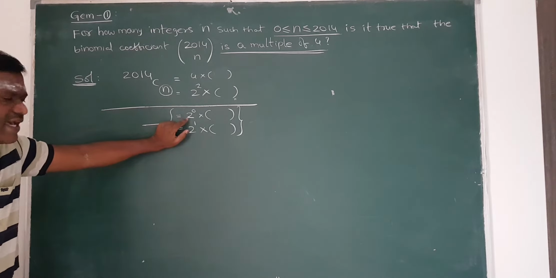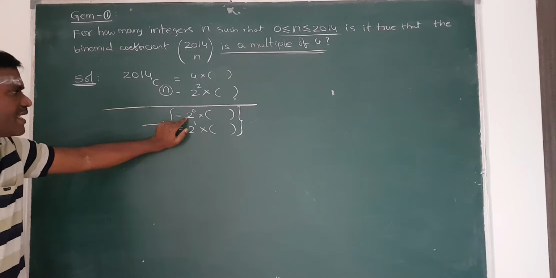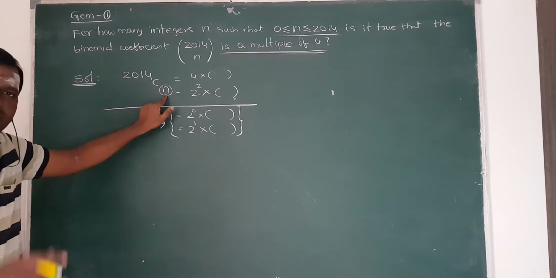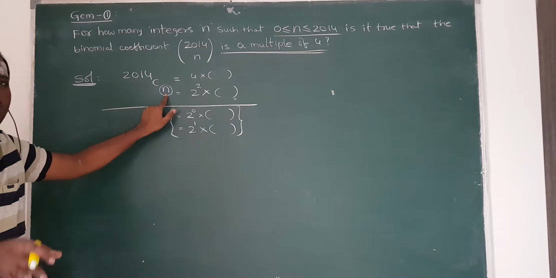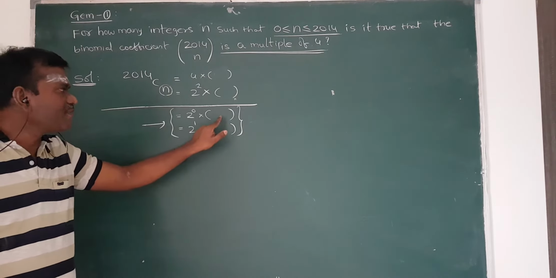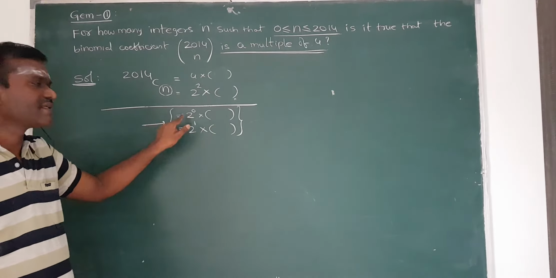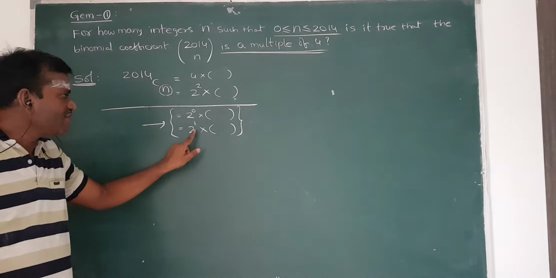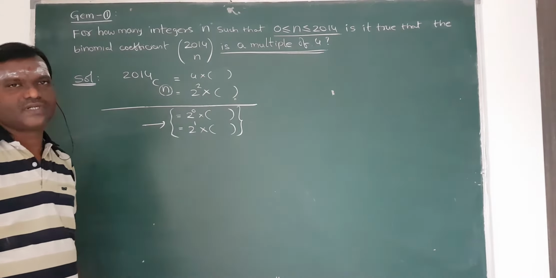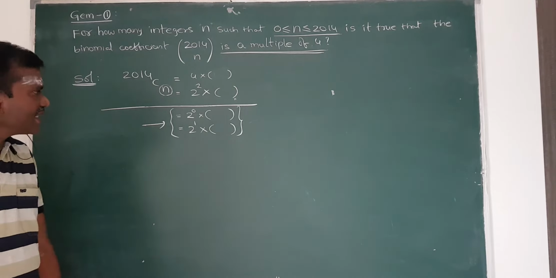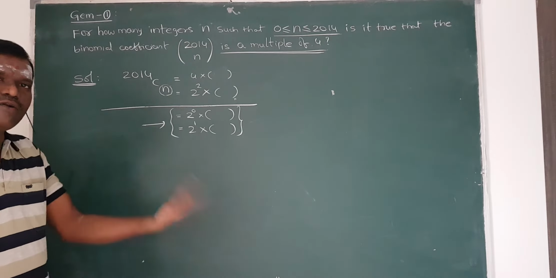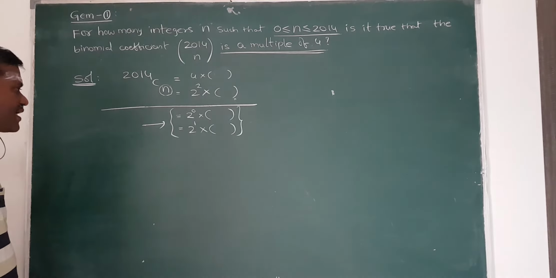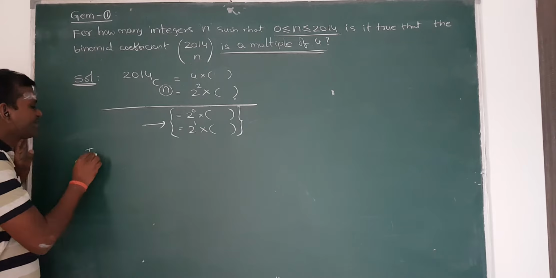2 power 0. When will we get 2 power 0? 2 power 0 means first I will convert this n and 2014 minus n into base 2 format. Then if I add, and no carrying is possible during the whole process of addition, then that is the 2 power 0 I will get. For 2 power 1, only one carry should happen during the whole process of addition. But here the n value I don't know. If I know n, then that is very easy. But here n is unknown. So that's why I am going in a reverse way.